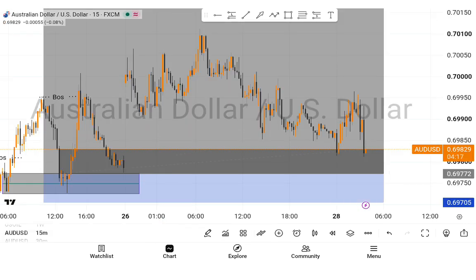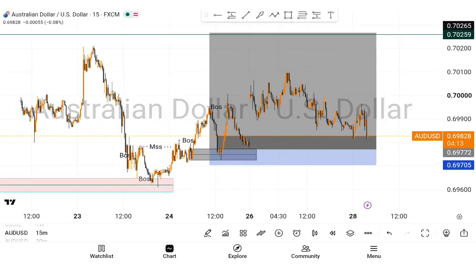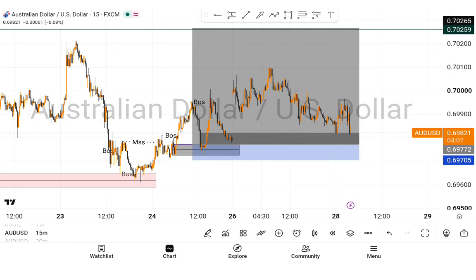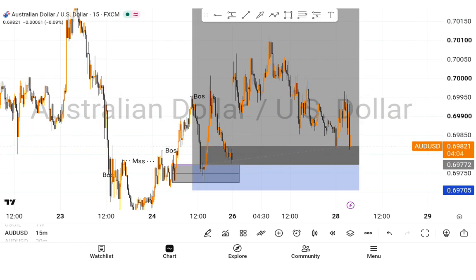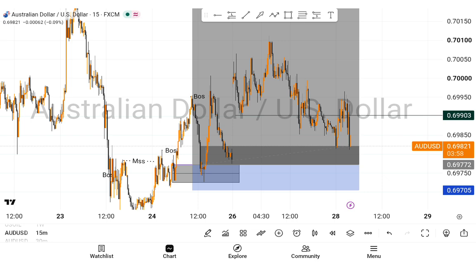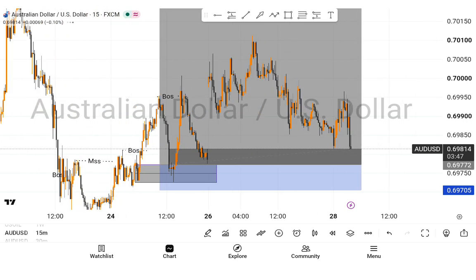Now on AUD, I actually saw the market. So this was what we were in. If you watched the last video, you'll remember when I called this setup, and you can see what the market did. The market stopped me out at this point. Remember, your trade must not hit TP. It's better you hit break even than stop loss. So it took me out on break even. That was fine. And you can see how price reversed and it's coming to my Excel.